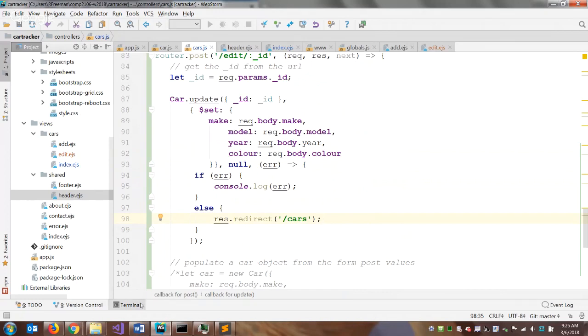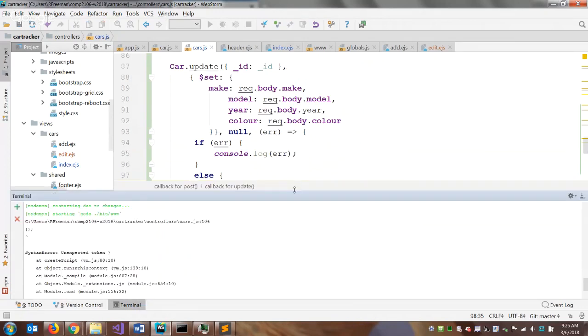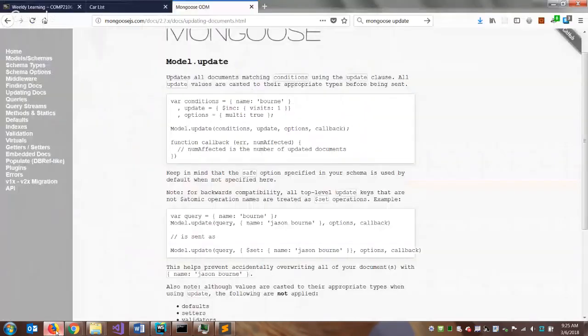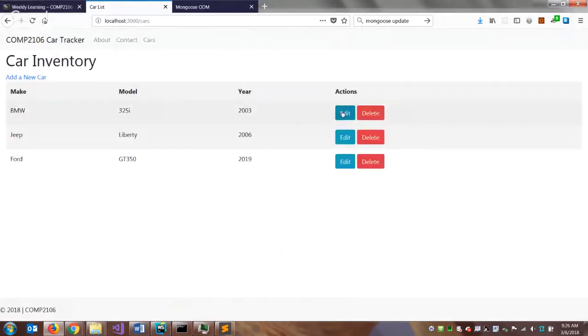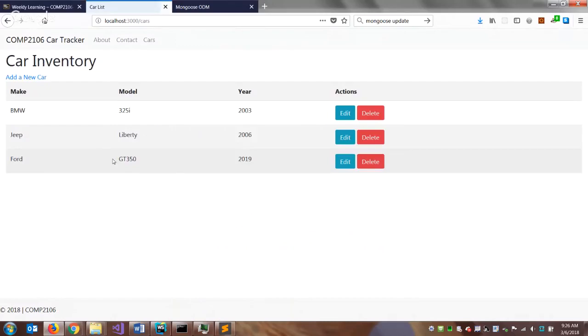I'll try this again. I don't know if it's going to work or not. We're going to find out. Let's see. Okay, well, no error. Now, we don't know whether the update actually ran,